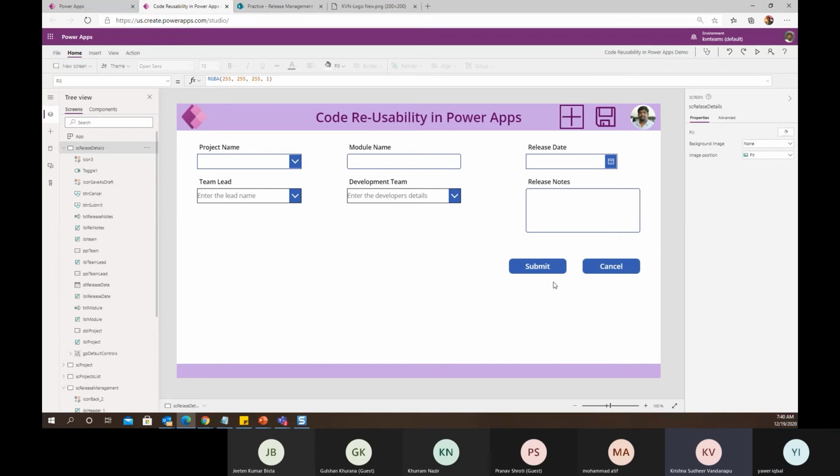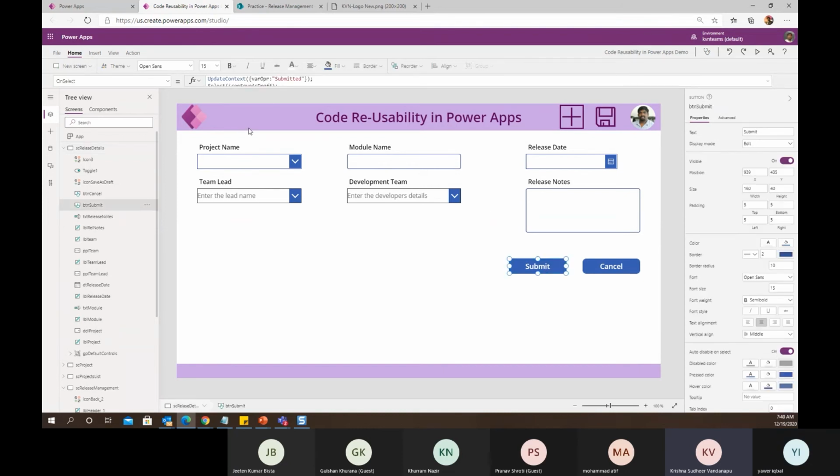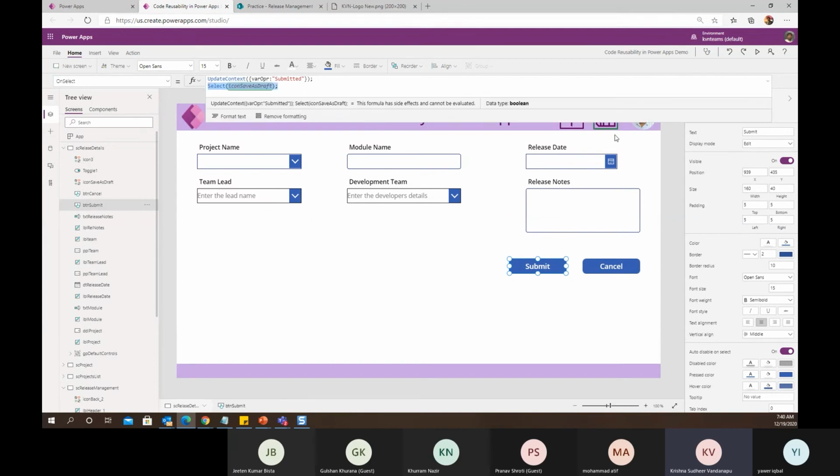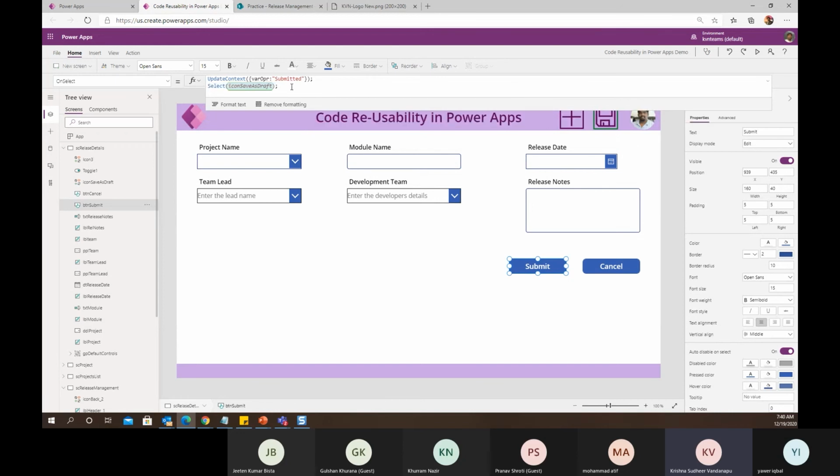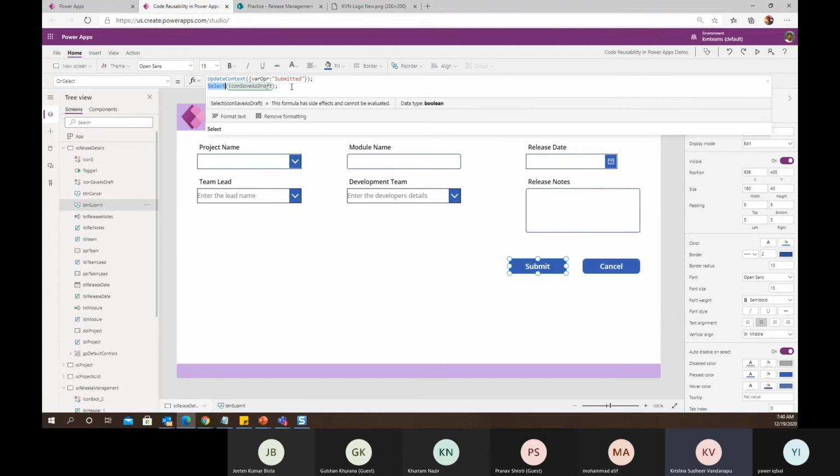When I want to submit my record, I am going to call my icon as part of my submit button. So I am selecting my control.